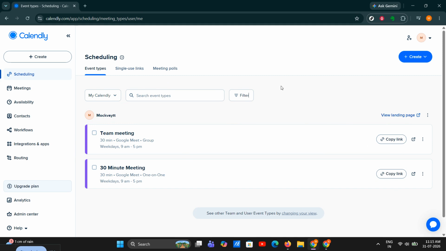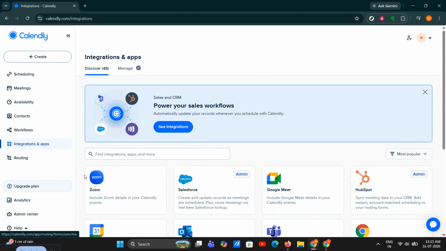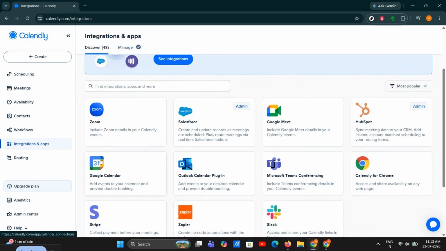First, sign in to your Calendly account. Once you're inside your dashboard, look over to the left sidebar and click Integrations. This is where Calendly lets you connect all kinds of tools, including your calendar apps. After that, find Google Calendar in the list of available integrations and click Connect. This tells Calendly that you want to link your Google account so it can check your availability and schedule events